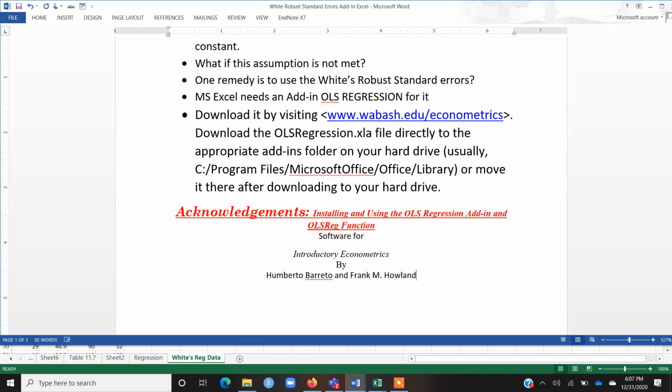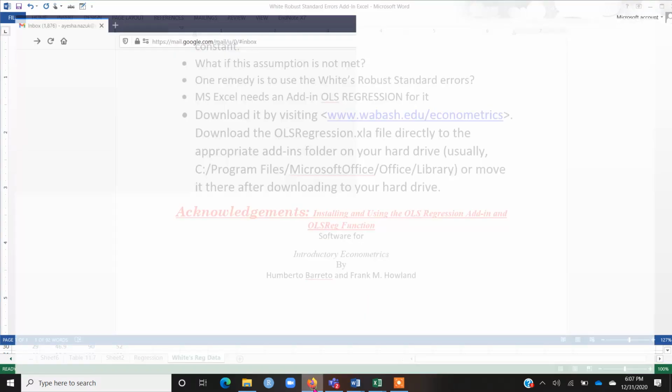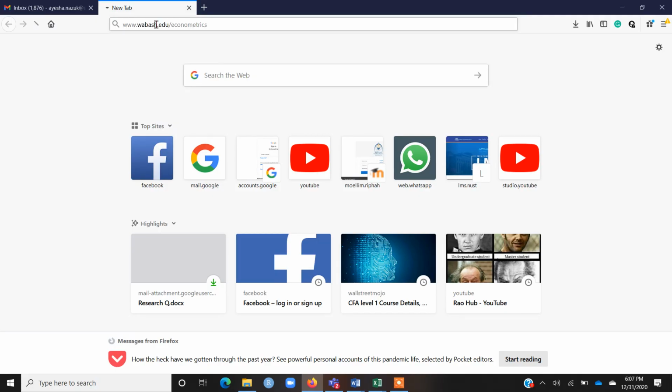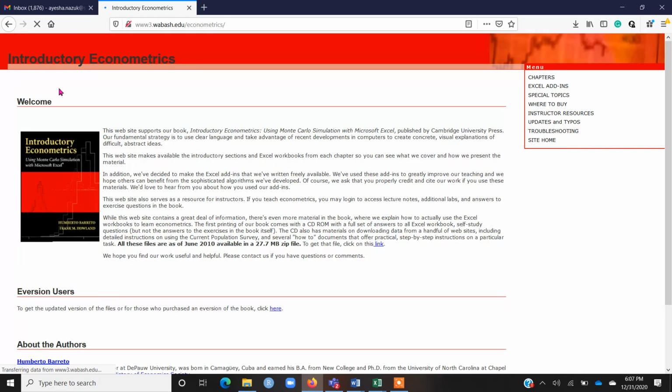Anyhow, you can download this add-in by visiting this website. So let's visit this website. I'll copy this URL and paste it in my browser here. Once I paste it, I land on a useful website where you can see an image of the book that I was just mentioning, Introductory Econometrics using Monte Carlo Simulation with Microsoft Excel.